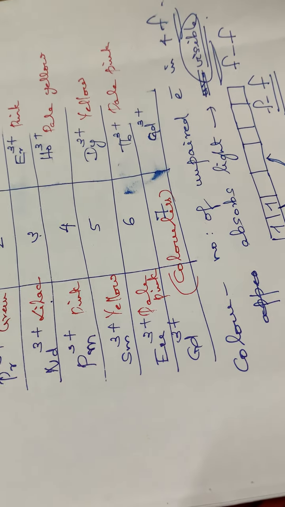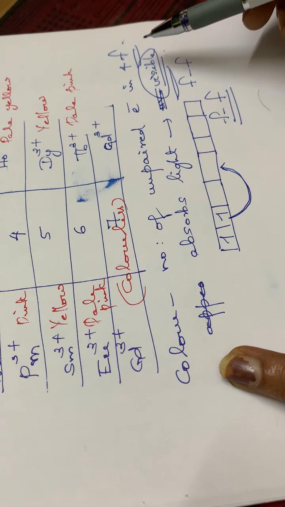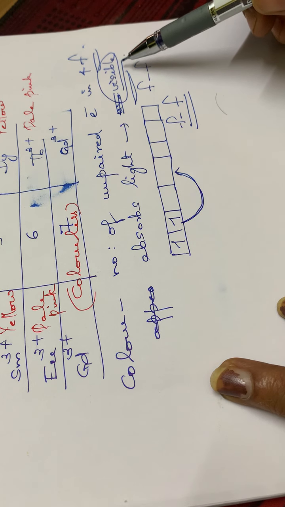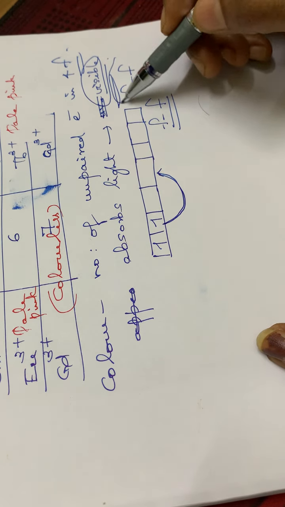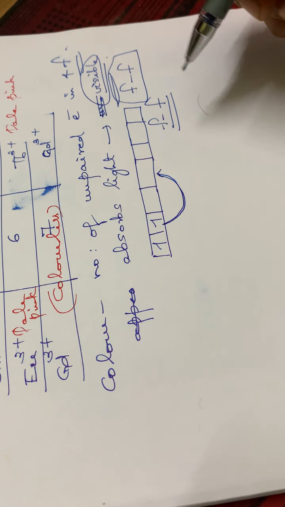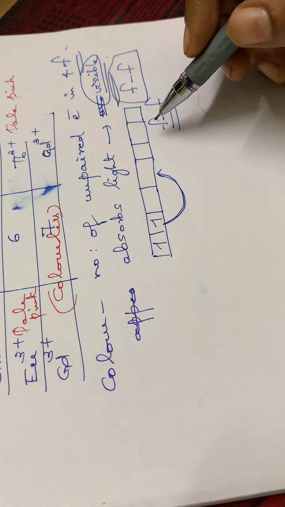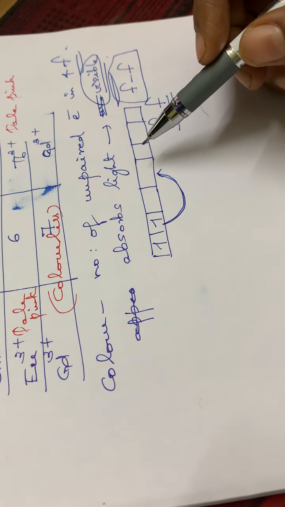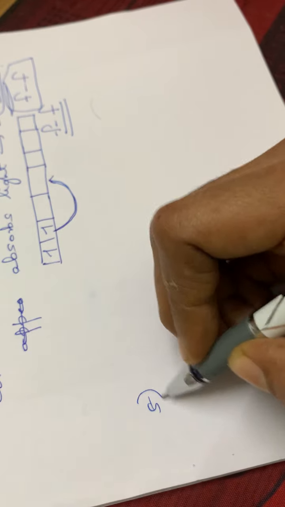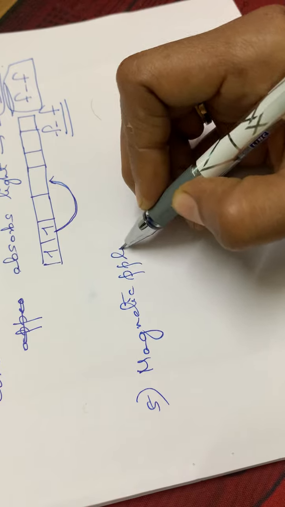Okay, so here you have to study these 2 points mainly. The color is due to the presence of unpaired electrons in the 4f orbital, and this color is due to the absorption of light in the visible region. Also this f-f transition is going on in the case of lanthanides, and as a result it requires different amounts of energy to be excited from one level to another, so lanthanides show varying colors. Okay, then the next is the magnetic properties of lanthanides. Magnetic properties of lanthanides.